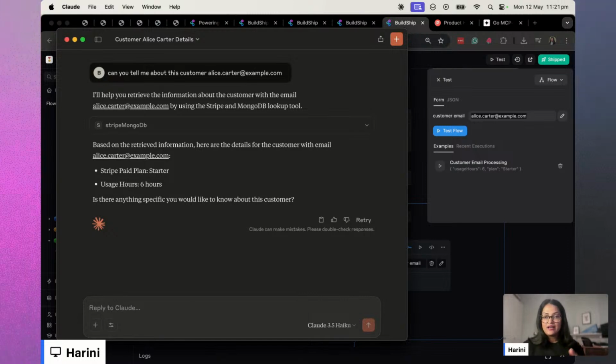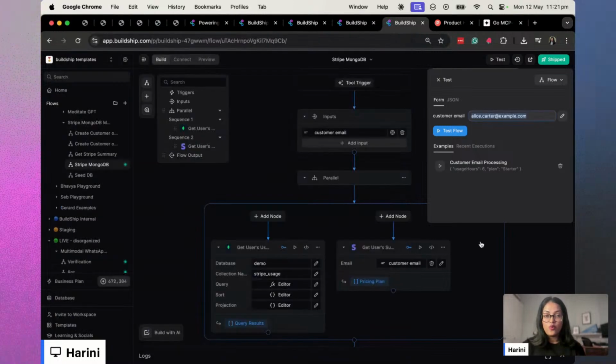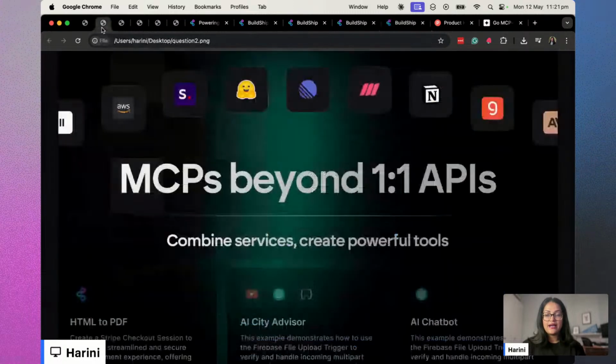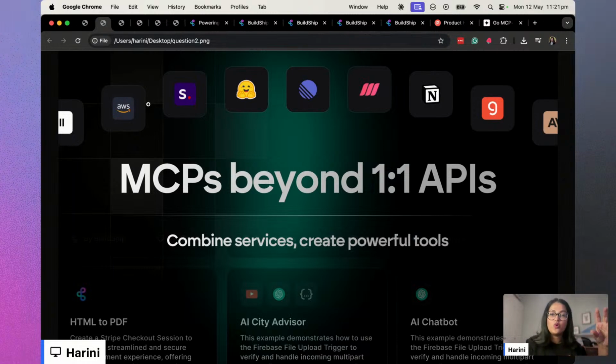So this is an entire walkthrough of what you can do. But let me come back to the higher picture, right? I want to reiterate this point that MCPs are beyond this one-to-one API connection. You need to be able to connect to multiple sources to actually build something meaningful. A customer support agent, as we saw, connects to multiple tools, and specific actions actually need to happen over multiple